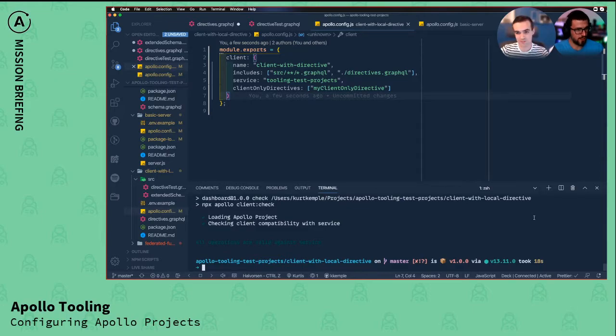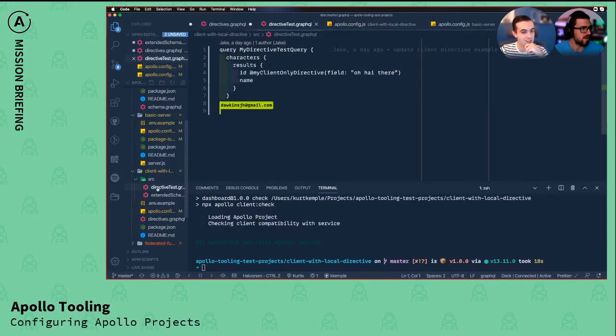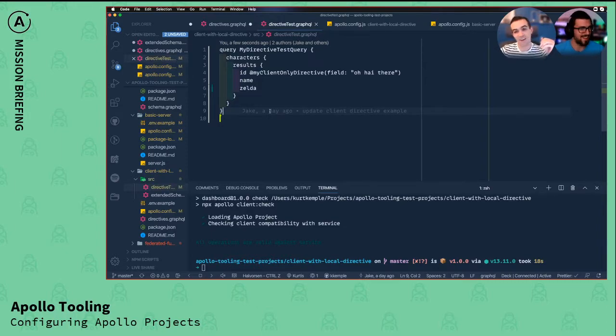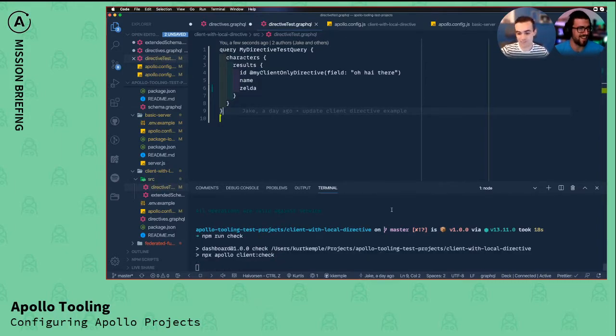Let's just, for the heck of it, break one of these operations real quick. So if you go to the actual operation folder under source, directive test.graphql, and just add a random field under results. Just, I don't know, cat's name or something. That's my cat's name, so. Yeah. Zelda. Oh, yeah, that works. Perfect. So now if we run check again,